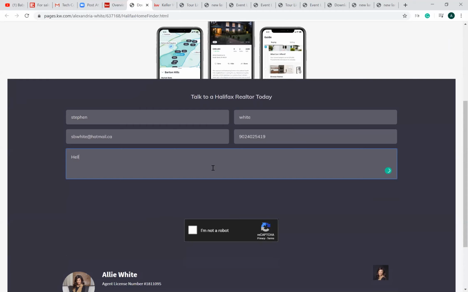Hello. So also a hot tip, and it's something that I kind of don't like about this, but there's ways to work around it. Say if someone is filling it out on the internet, they can't send unless everything's filled out. So when I'm at the open house and I hand someone the iPad, I usually ask them not to send the information and just hand the iPad back to me,